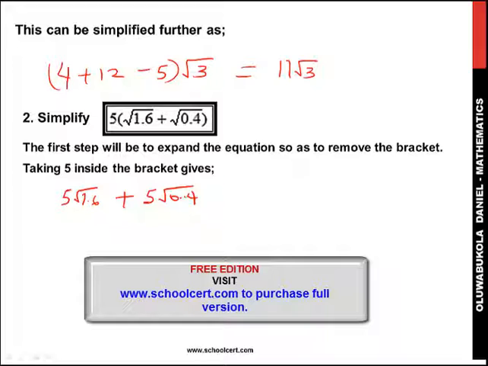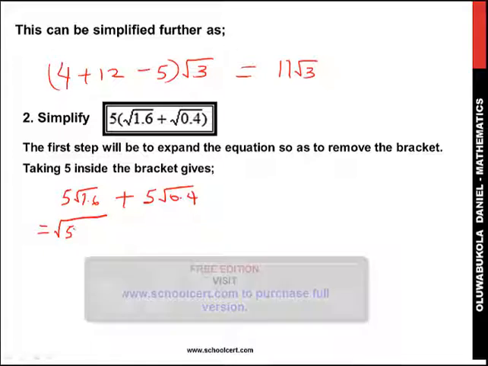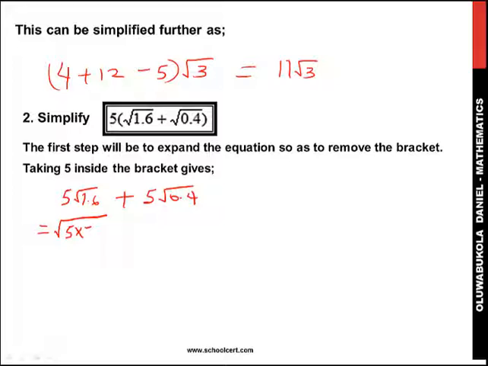Removing the decimal points will really make life a bit easy. So all you need to do then is take 5 inside. Taking 5 inside would make it root of 5 times 5 times 1.6 plus root of 5 times 5 times 0.4. So multiplying this out